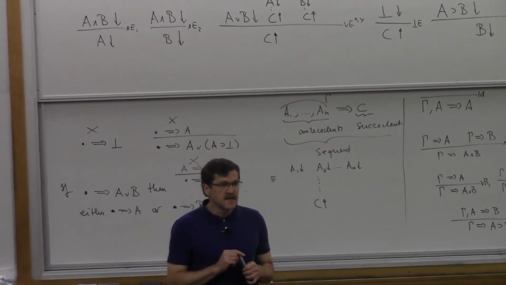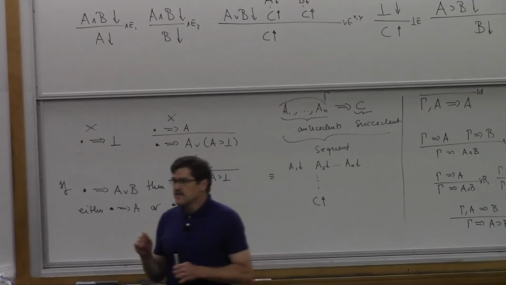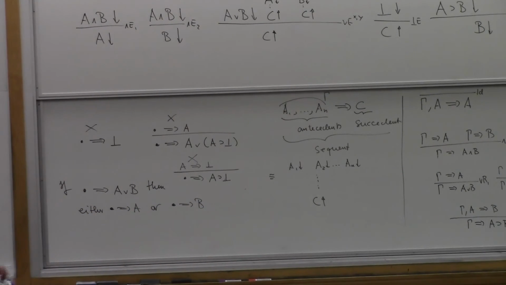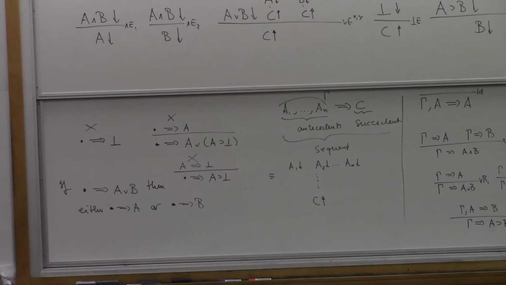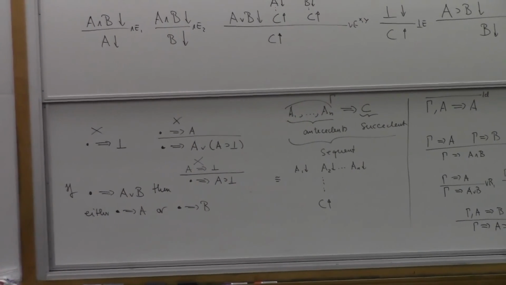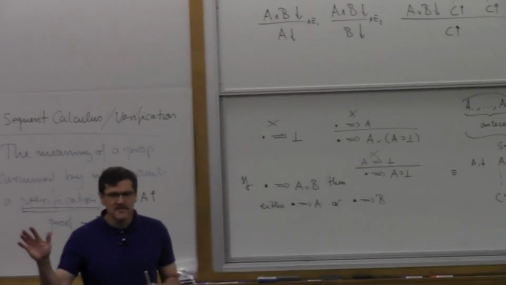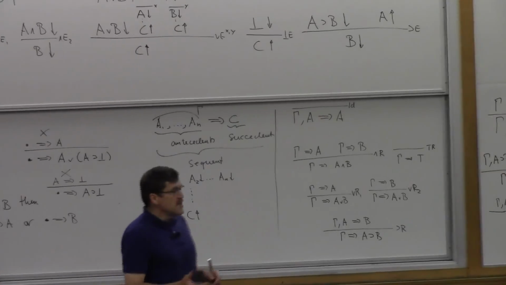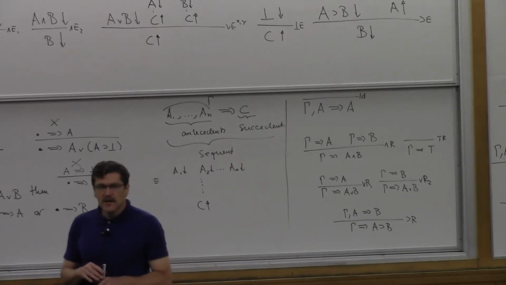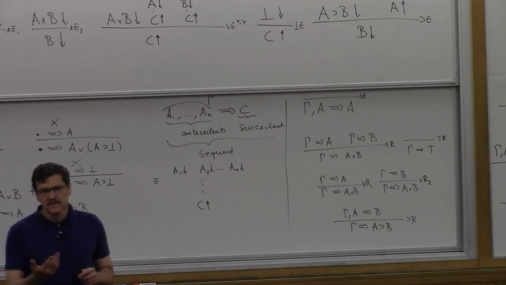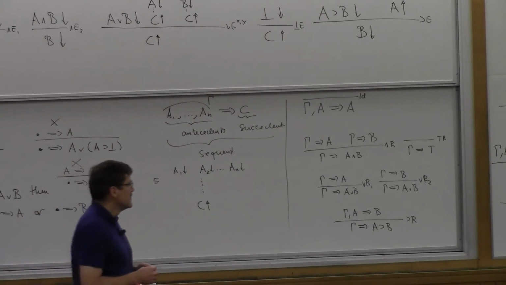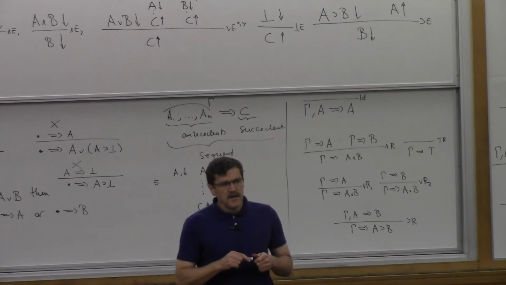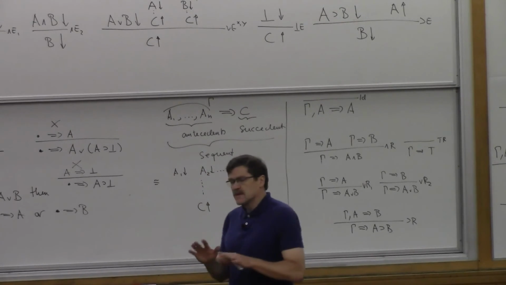Okay, so here's what I'm going to do next time. I want to have at least one example where we reason about our proof system rigorously. So I'm going to prove one of the theorems that are associated with this for you, okay? By which I mean I show you one case and I try to make you believe all the other ones, right? That's what I mean by proving, okay? And then I'm going to move on and discuss linear logic. Okay, now that we have the sequent calculus, it's much easier to introduce you to linear logic because it turns out that it's easier to present from a sequent calculus perspective than natural deduction. And I'll also, well, okay, so that's for next time.